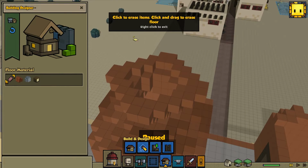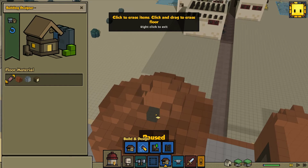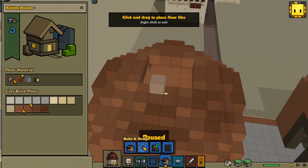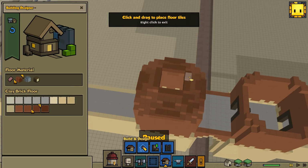Should probably save before I did this, to be honest. Maybe we could try something sort of more spire-esque. Like, we've got this. So what we could do is just have the sort of straight-up spire of a darker colour like this. Bloody hell, stop misclicking. Alright, and then we got this. So, 1, 2, 3. 1, 2...